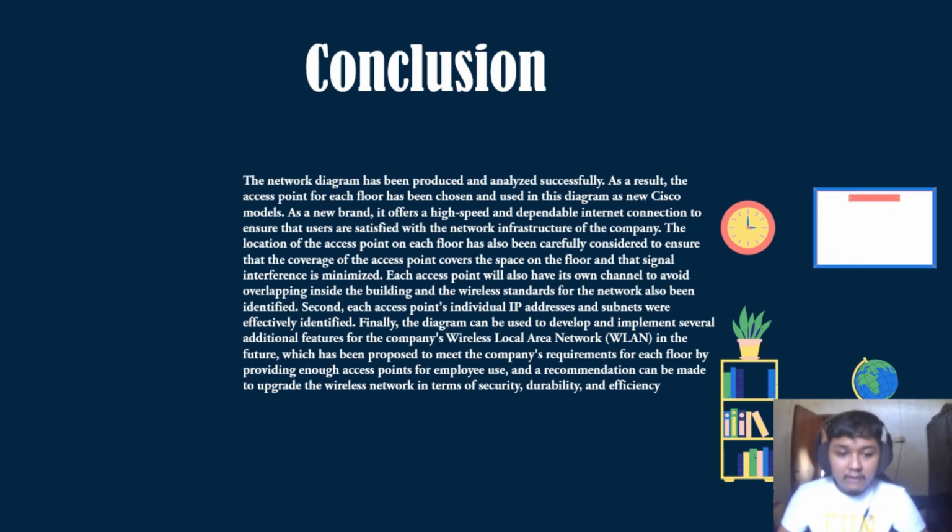Each access point will also have its own channel to avoid overlapping inside the building, and the wireless standard for the network has also been identified. Second, each access point's individual IP addresses and subnets were effectively identified. Finally, the diagram can be used to develop and implement several additional features for the company's wireless local area network. In the future, which has been proposed to meet the company's requirement for each floor by providing enough access points for employee use, a recommendation can be made to upgrade the wireless network in terms of security, durability, and